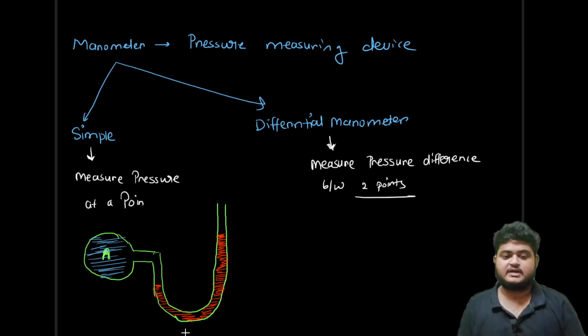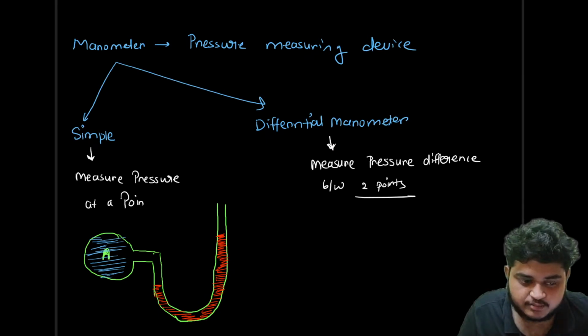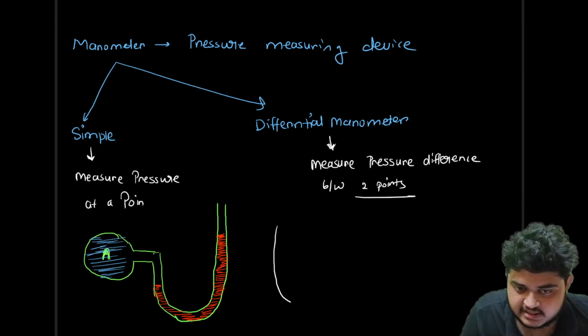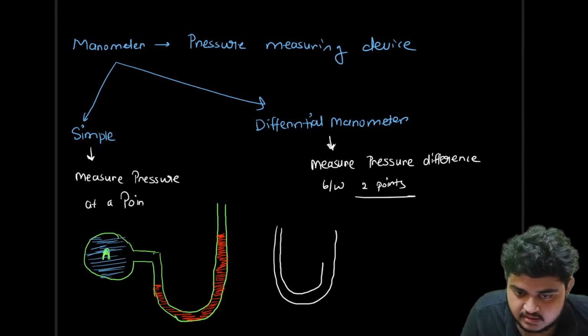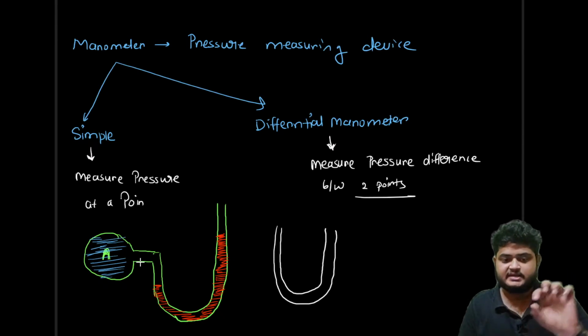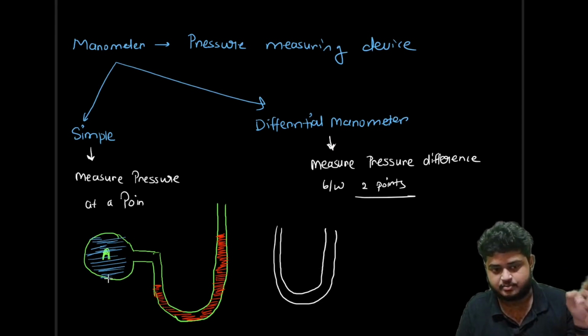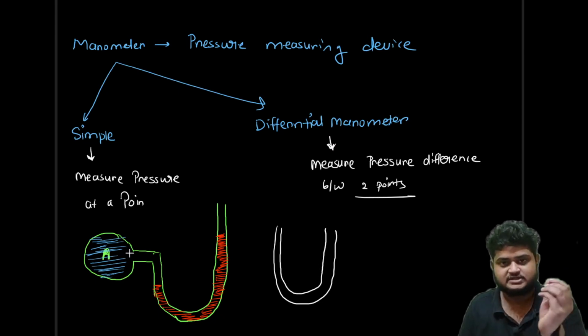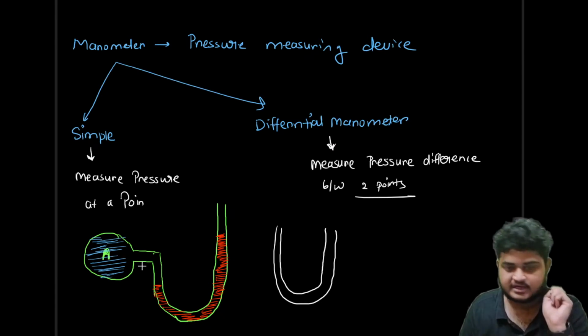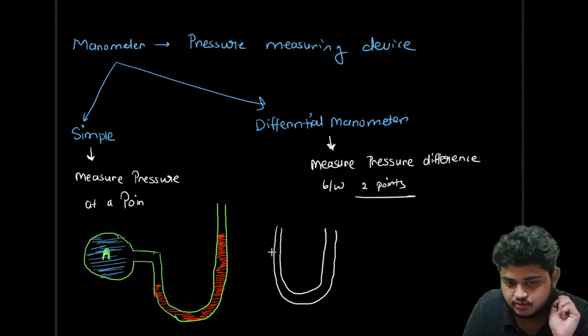This is manometric fluid. तो पहले क्या होता है, जब ये यूट्यूब मैनोमीटर नॉर्मली रहता है तो इसको ऐसा दिखाया जाता है, तो ये है यूट्यूब मैनोमीटर. ठीक है, तो इसमें जब ये कनेक्टेड नहीं होता, ये उस पाइप से या जो भी जहां का प्रेशर हम मेजर करना चाहते हैं उस पॉइंट में जब ये कनेक्ट नहीं होता ना,